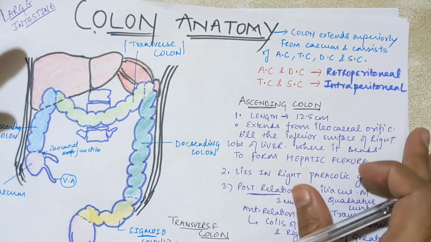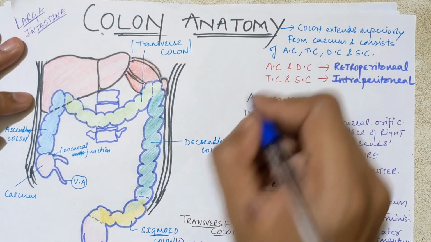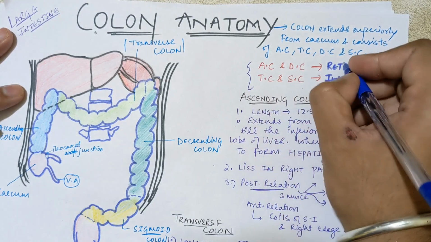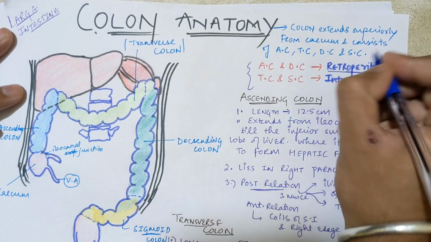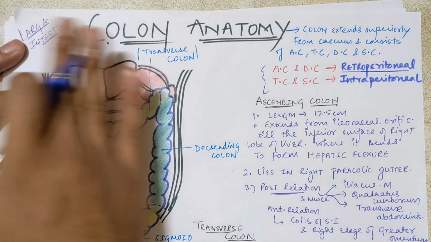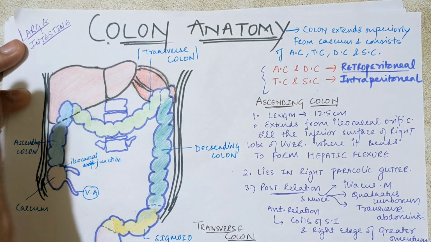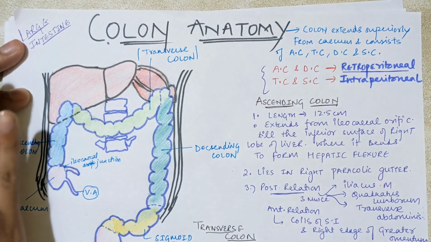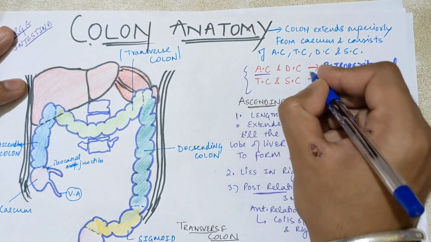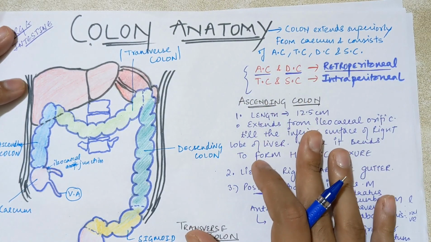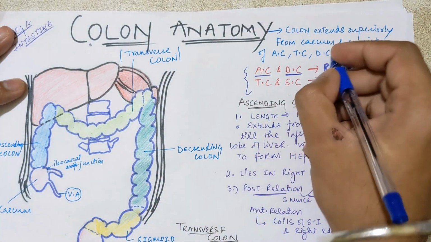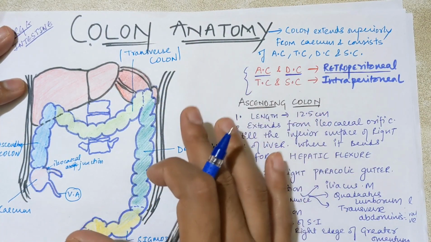Now let's start with the basics. You should relate the basics here with respect to the peritoneum. What happens with the ascending and descending colon? They are retroperitoneal organs. They are only covered from the anterior side, under the anterior abdominal wall, by a peritoneal layer. Which parts? The ascending colon and the descending colon, this one and this one. It is a retroperitoneal organ, like the kidney.